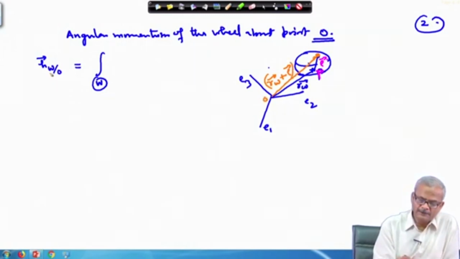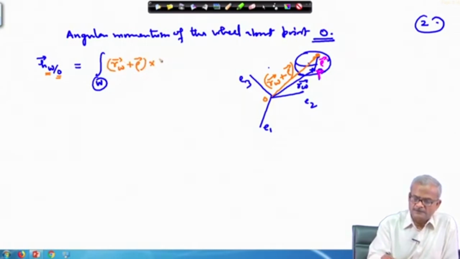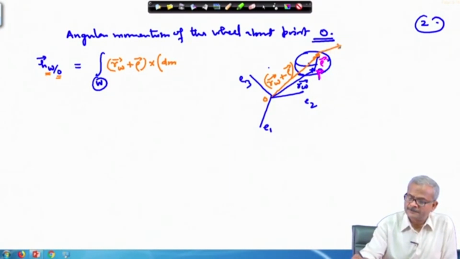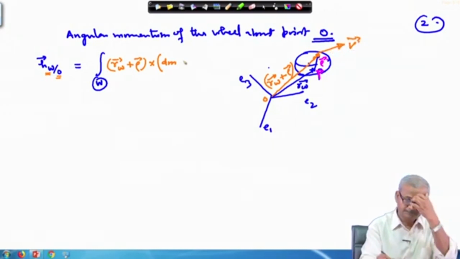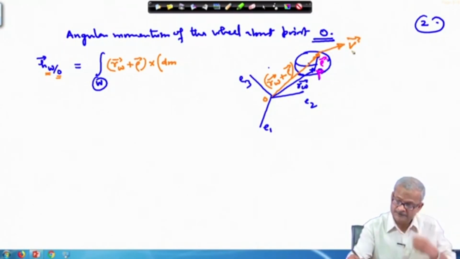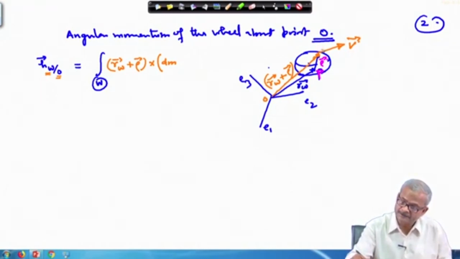So, angular momentum of the wheel about the point O is given by r w plus rho cross d m times the velocity of this point. So, let us say the velocity vector is directed here. Okay. So, this is the velocity of the point, let us term this as q r, say this is